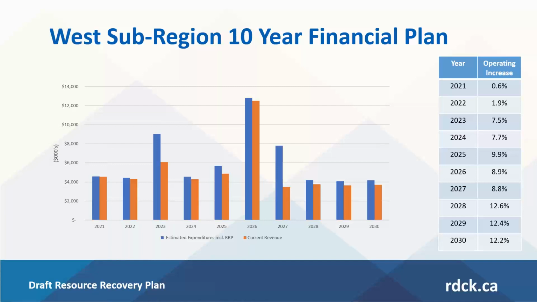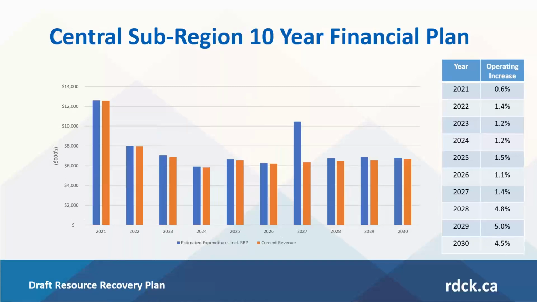The big gaps, though, are due to capital projects. And capital projects can be funded through either borrowing or through reserves. So the important issue for the gap is, what is the increase in operating expenses? The chart to the right shows that for the West subregion, over the next 10 years, operating expenses are increasing considerably. And so the West subregion will need to look at whether taxes need to be increased, whether tipping fees need to be increased, or whether cost efficiencies need to be found to make sure that everything has been done as efficiently as possible.